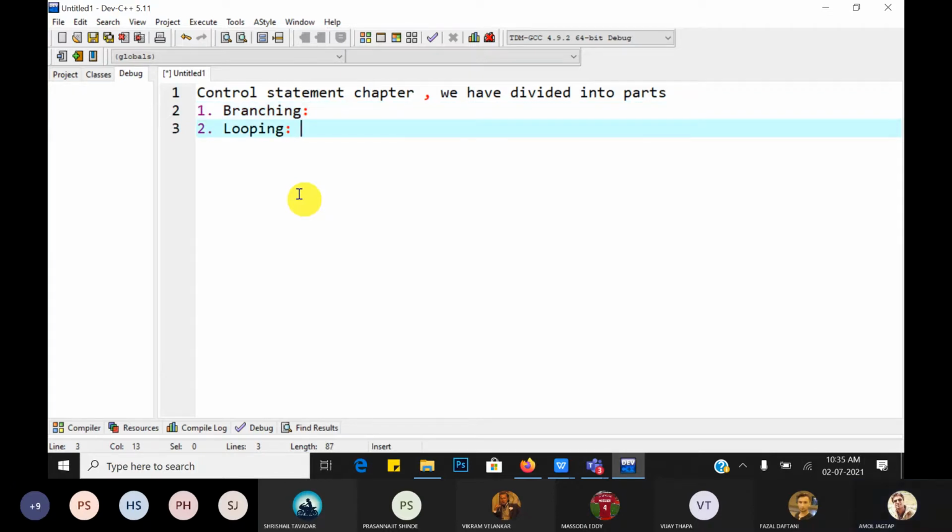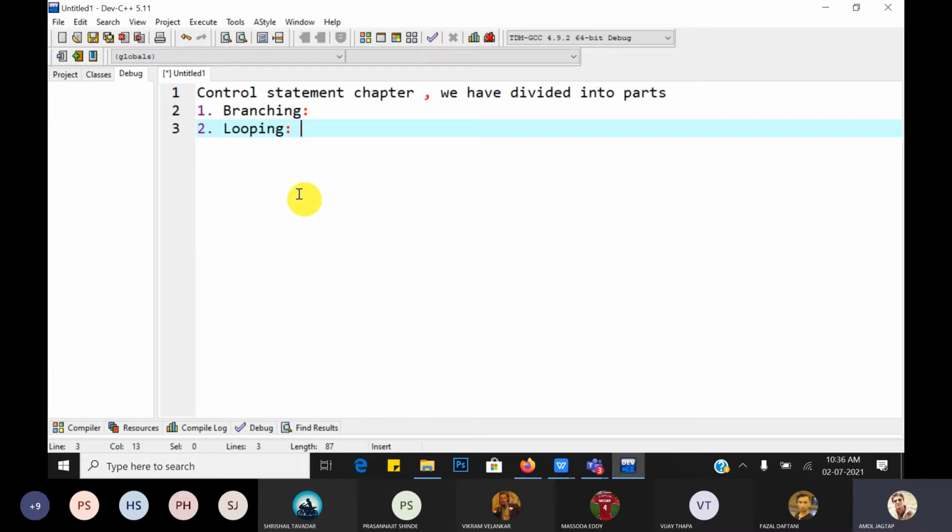While looping statements like while, do while, for loop. When we use the looping statements, our problem statement contains some statements which are repeatedly used. For example, you have to print hello 10 times. So the same hello we have to print 10 times, so use a loop. Or some pattern is there, the statements having the same pattern, and those same pattern statements we have to execute multiple times, then at that time we have to use looping.